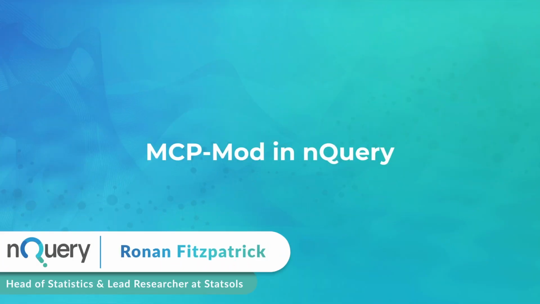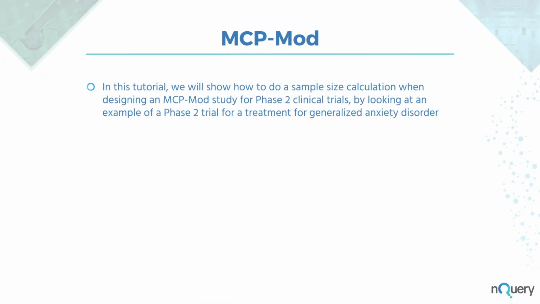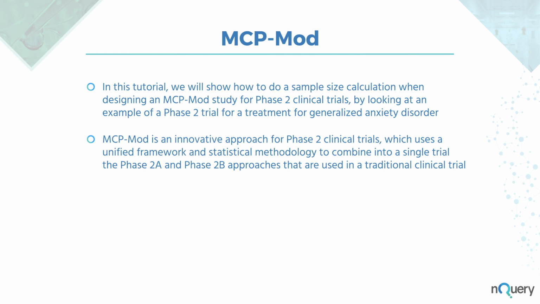Welcome to this tutorial for MCP Mod and nQuery. In this tutorial, we will show how to do a sample size calculation when designing an MCP Mod study for Phase 2 clinical trials by looking at an example of a Phase 2 trial for a treatment for generalized anxiety disorder. MCP Mod is an innovative approach for Phase 2 clinical trials, which uses a unified framework and statistical methodology